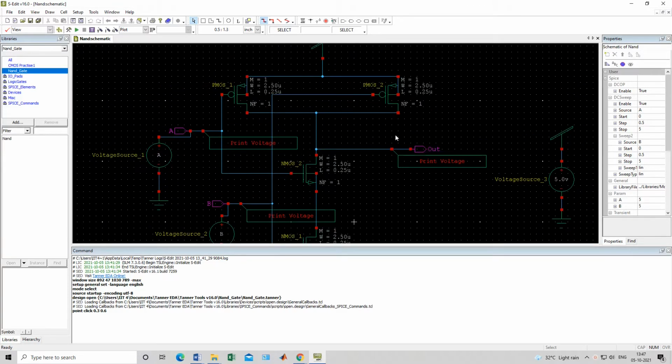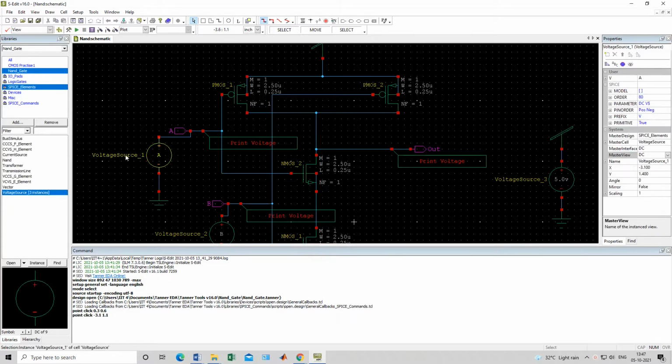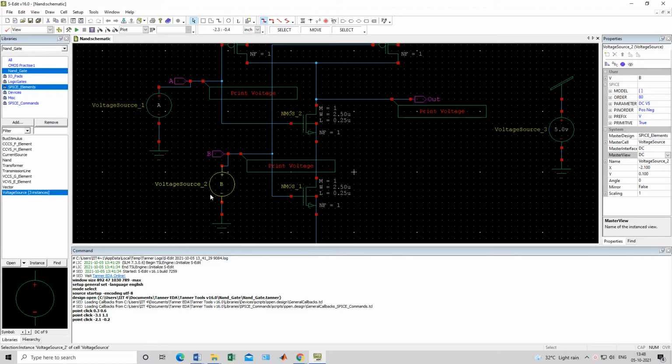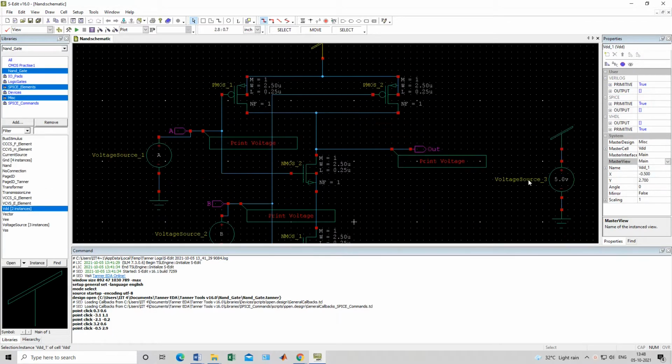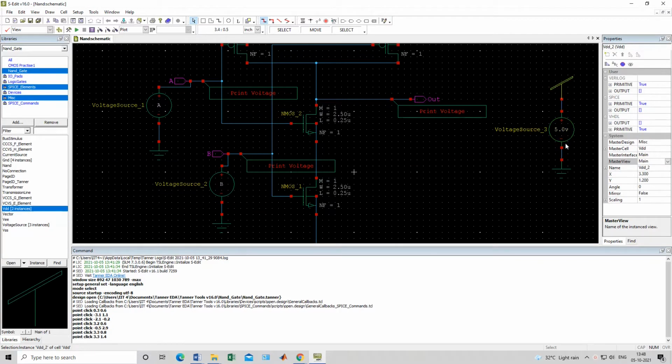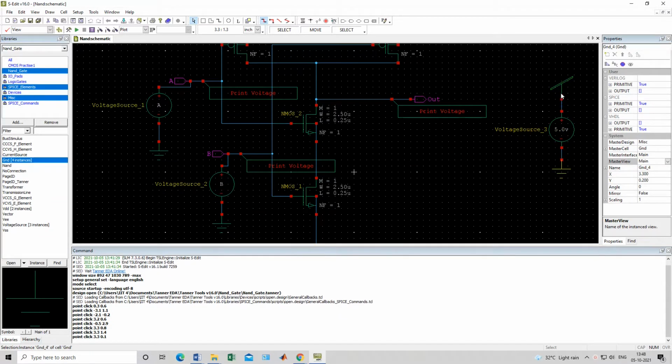What I have done for VTC is the same as what we have done in CMOS VTC. We put this voltage source as a variable parameter. Removing it from 5 volt, I have named it as A, and this voltage source 2 as B. And this is my VDD only. I have given supply voltage here, VDD. This is also one technique we can use to give VDD, or even in a voltage source we can use this.